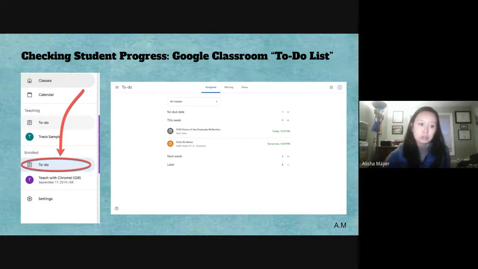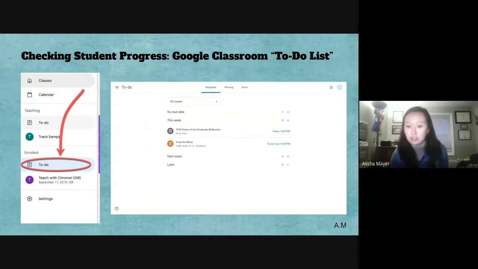So we do recommend sitting down with your child if you're curious and having them log into their Google Classrooms. They can access the to-do list by the 3 lines in the upper left-hand corner, and then they can click down into the to-do button. And when they do that, the next screen they will see is right to the right here of that other image. And this is a really great screen because it can break things down in a lot of different ways.